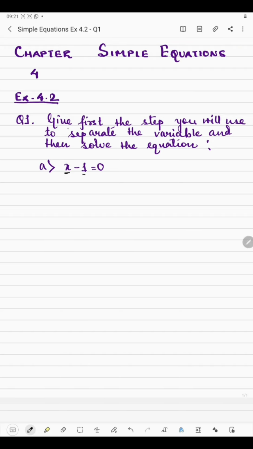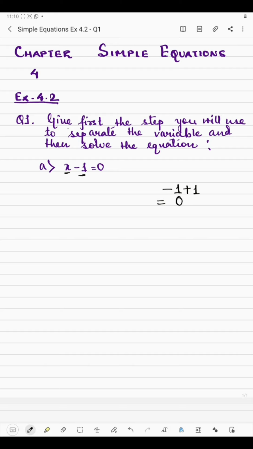And this is the constant here, so we will have to separate the constant to find the value of the variable. At first, here we have -1 with the variable, so we will have to remove this. Now if we add 1 to this, then minus plus minus, so 1 minus 1 is 0. That means this constant will become 0.